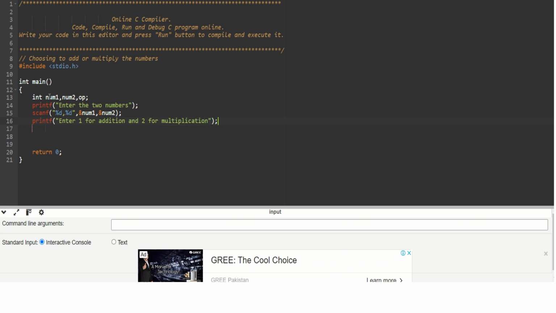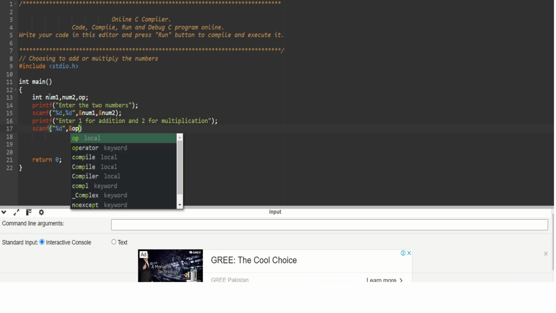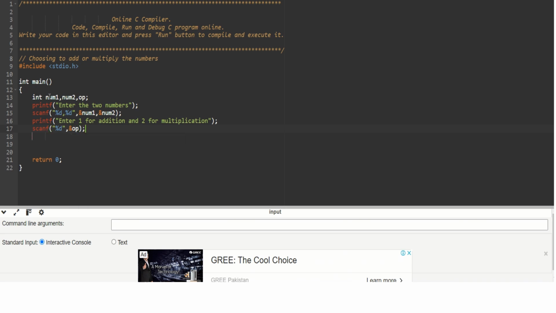Terminated by a semicolon, then we'll leave it up to the user whatever option he wants to choose. Since it is an integer data type, we are going to use %d and option op terminated by a semicolon. Then we are going to write if